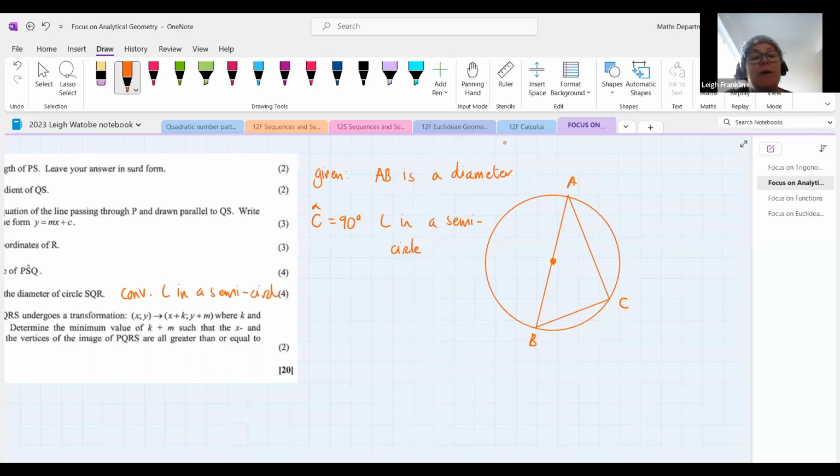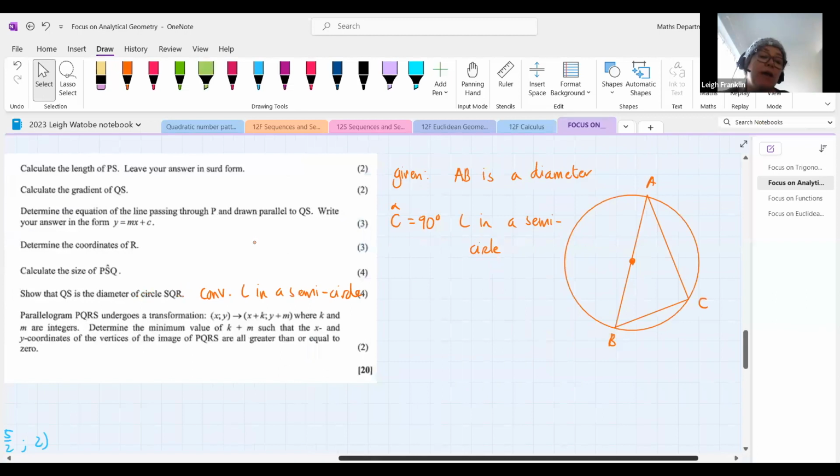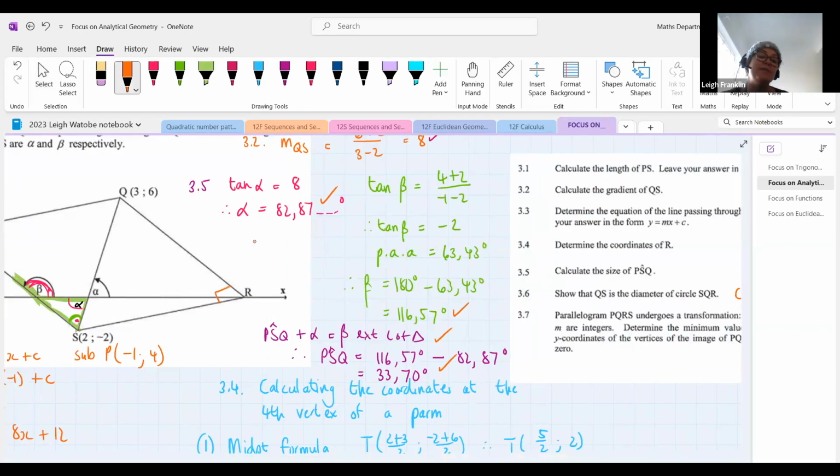Does that ring some bells now? Okay, it is the converse of this theorem. Okay, we are working backwards. If we can show that R, and I know R does not look like it's 90, but if we can show that R is 90, then we have proved that QS is the diameter of the circle going through S